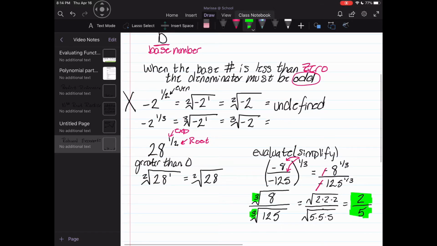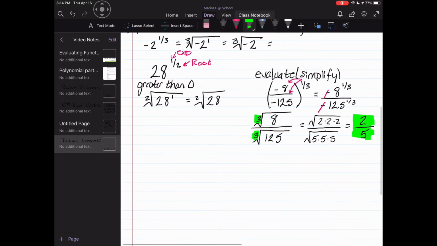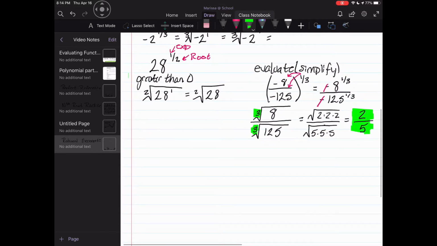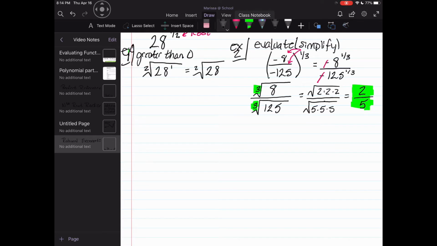You're just taking whatever the base number is, putting it on the inside of the radical. The numerator goes with it. The denominator becomes the root. You're just going back and forth like that. So if I was to say, let's go the other way. So I'm going to label these examples for you so that way you have them. This is example 1. And then we have example 2 here. And then we'll have example